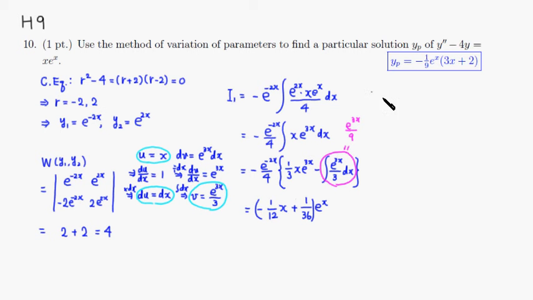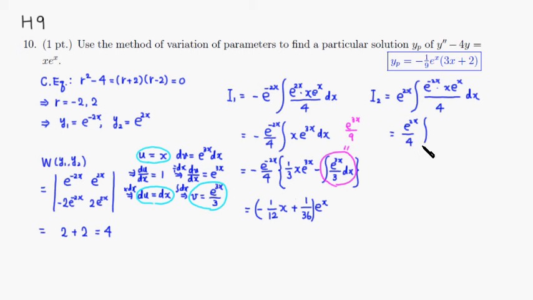All right, let's do the second part. So I'm going to call that part I2. I2 is y2, which is e to the 2x times the integral of y1, sorry, e to the negative 2x times f of x, which is e to the x all over 4, dx. So this is going to be equal to, pull out the 4, so e to the 2x over 4,